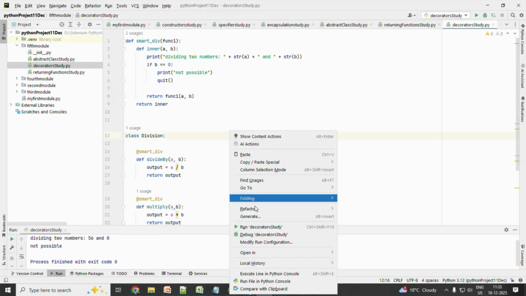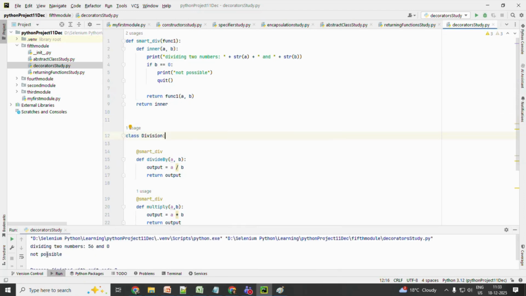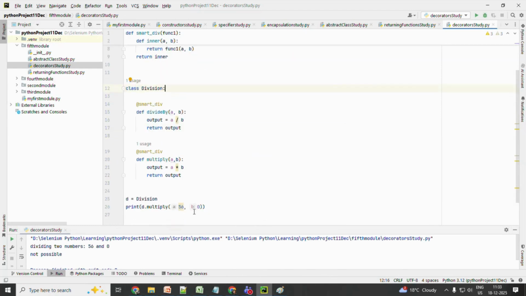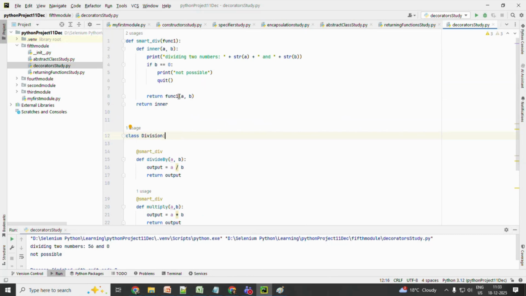Now let's run this. Okay, running. So you can name it as anything you want. It's just the same thing. It is returning. Okay, now this is known as decorators. Now we will study